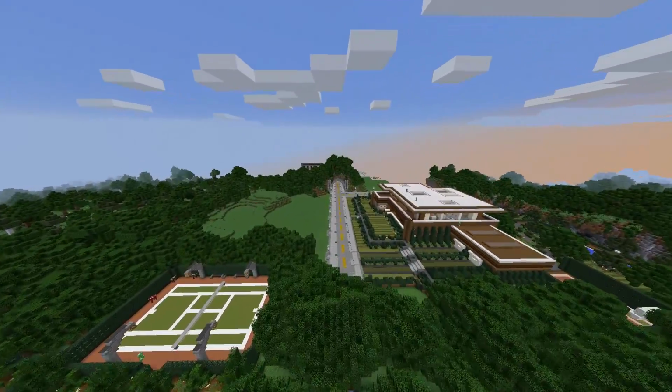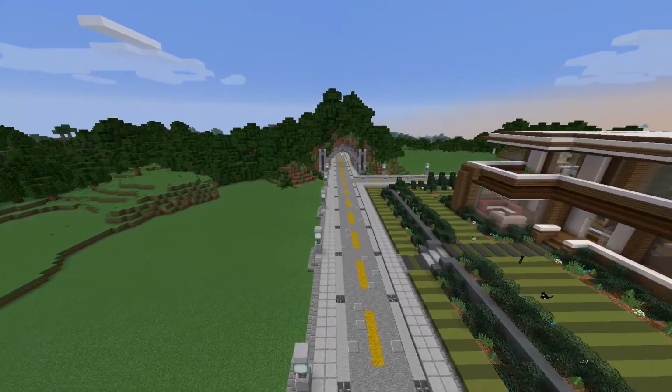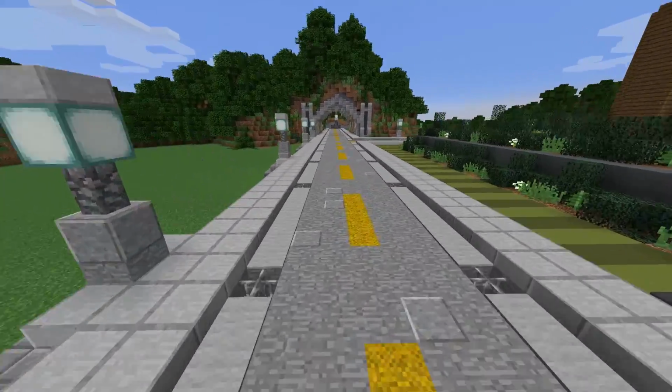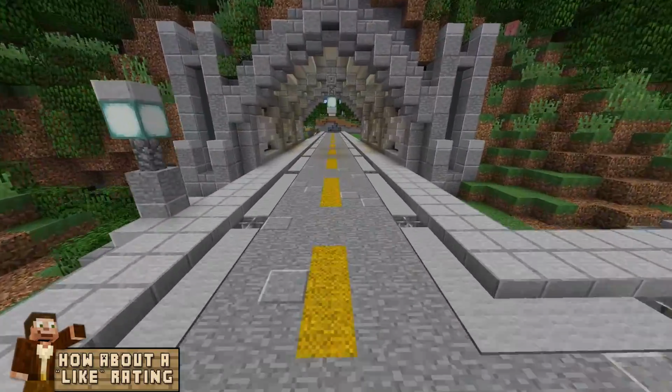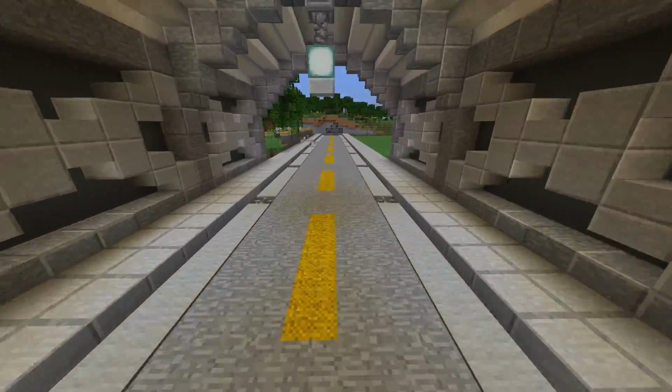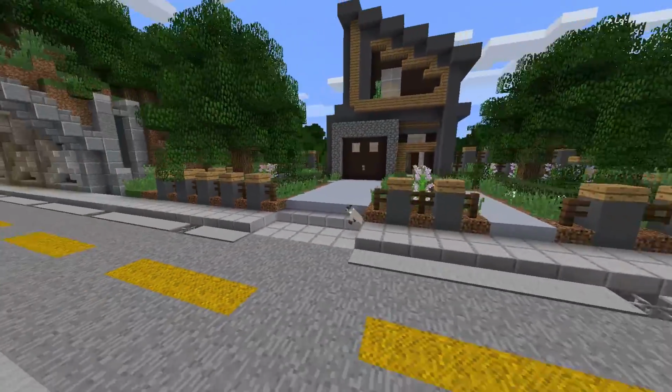GoodTimesWithScar here, and welcome back to Scar World, our creative house building world here, where we're building our super awesome backyard in today's episode, where we're going to have a super awesome swimming pool, trees, and custom landscaping all throughout. And this is our final building episode, and I'm so glad you guys have enjoyed building this small modern house